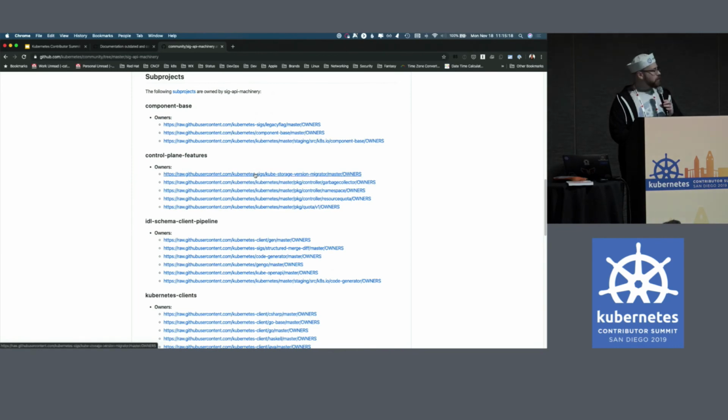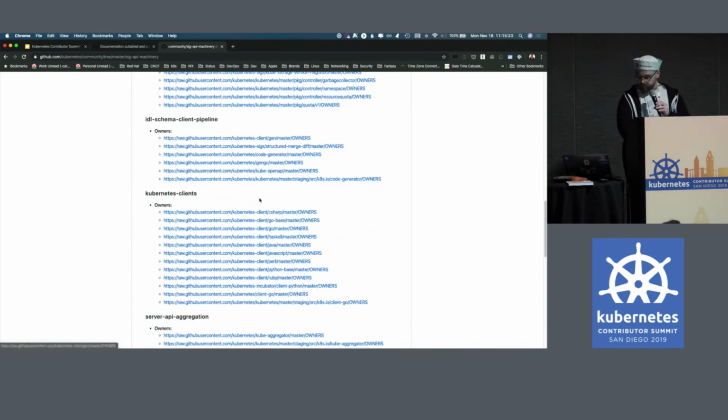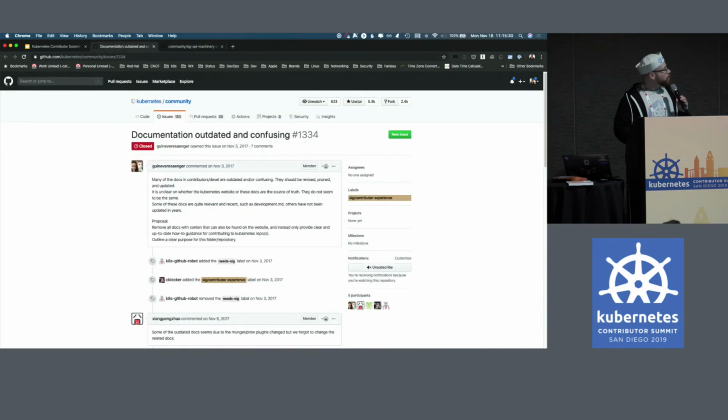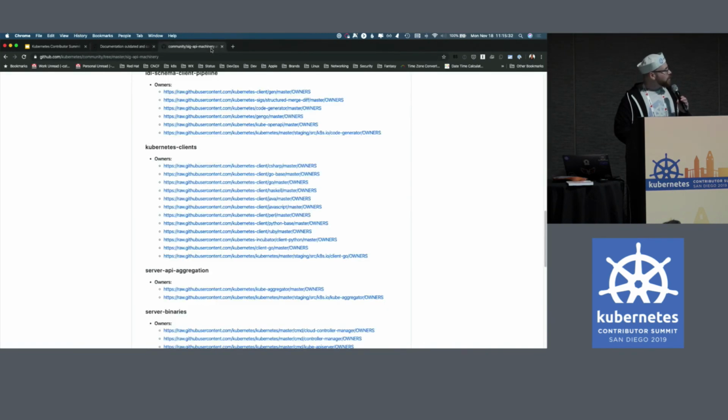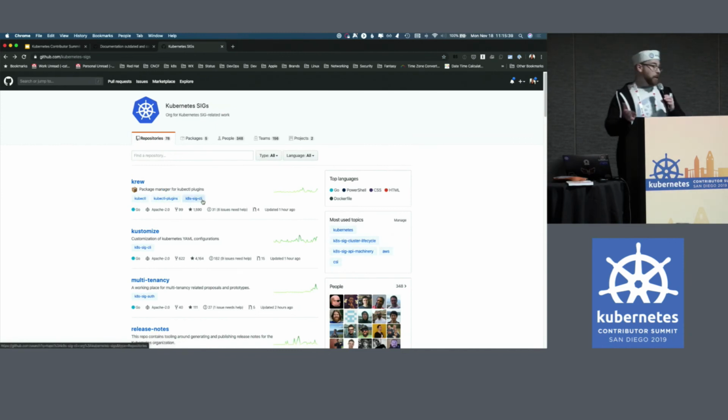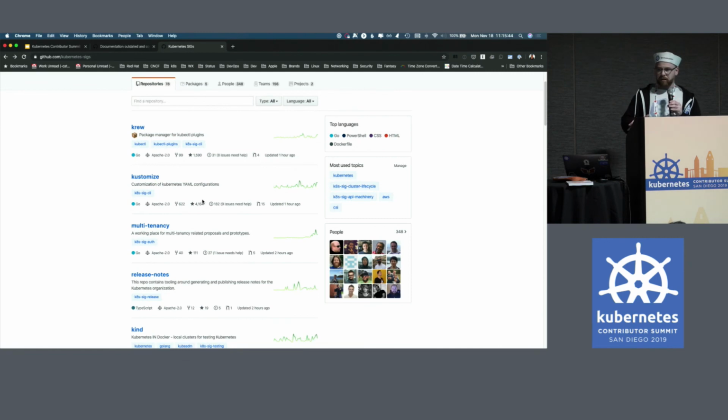You can see there's a mix of stuff between Kubernetes SIGs and Kubernetes. Here's the Kubernetes SIGs org again, where you can see all the different projects. Kubernetes right now, under all the different orgs, has just under 200 projects. So it's a pretty large ecosystem of stuff.